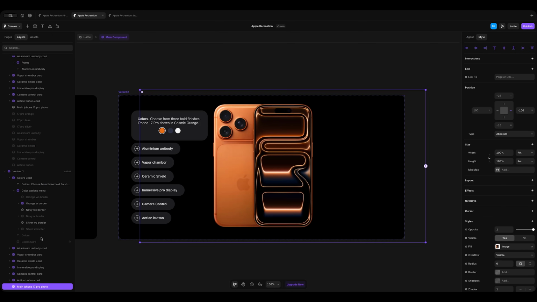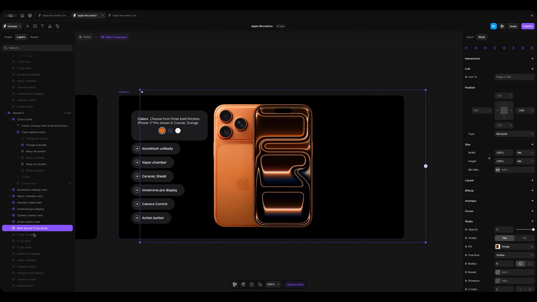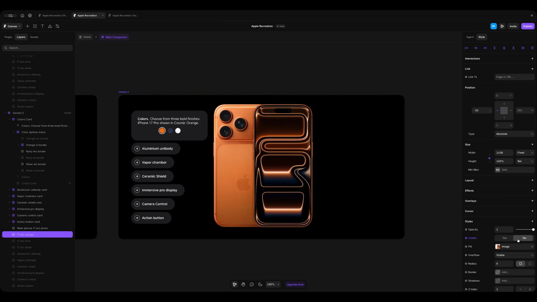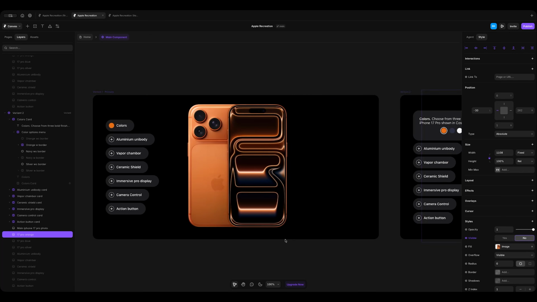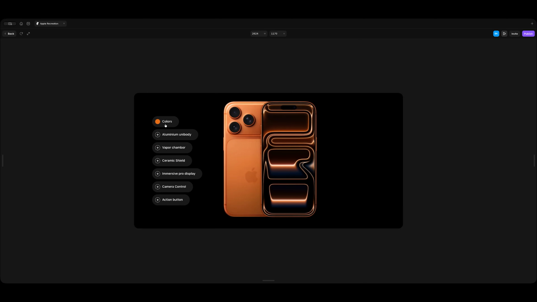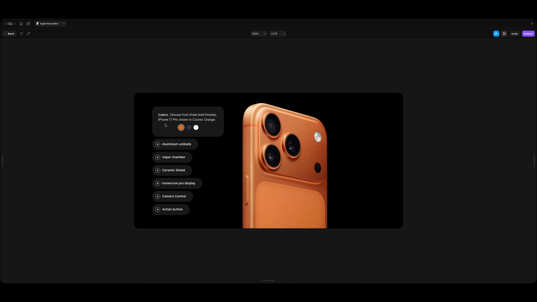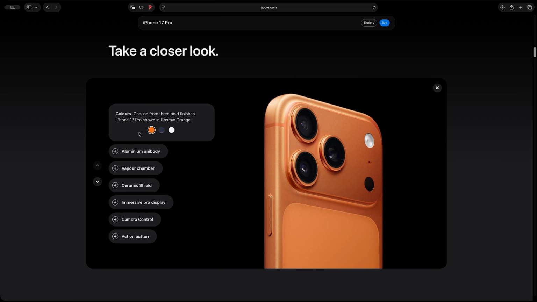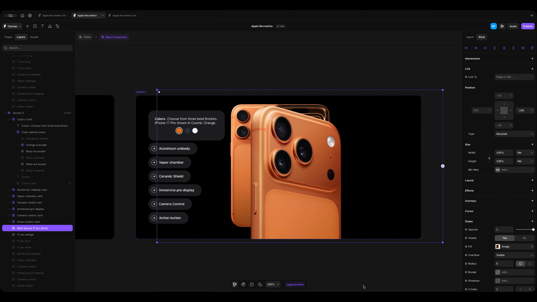First, I'll turn on the visibility of the orange iPhone image and turn off the visibility of the main iPhone image. So now if I preview this, you can see that as I click, there is no animation like Apple's. Things feel really static. But if I check Apple's version, the main image enlarges and disappears, and the second image pops in. Now to pull this off, first make the main iPhone image visible, enlarge it,